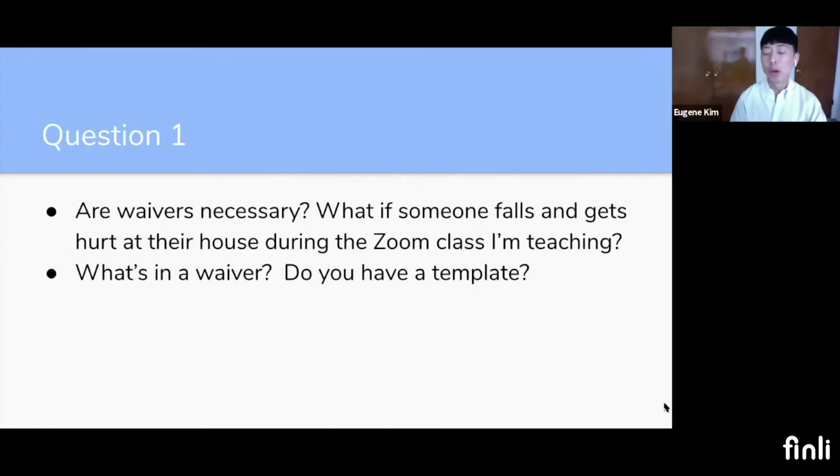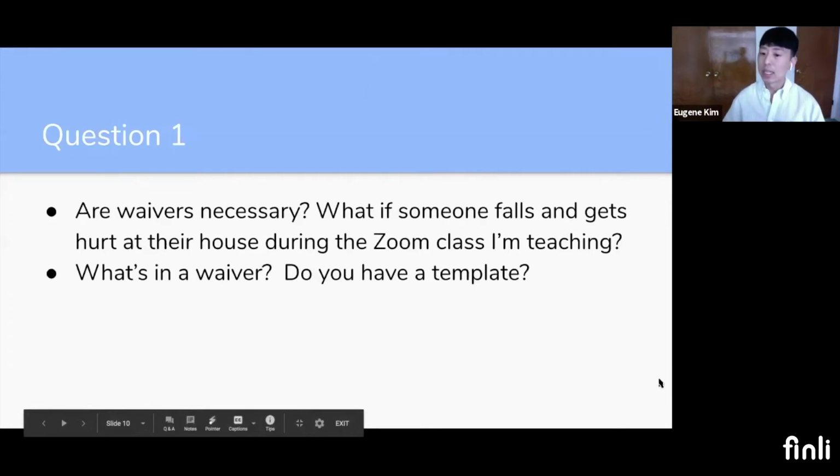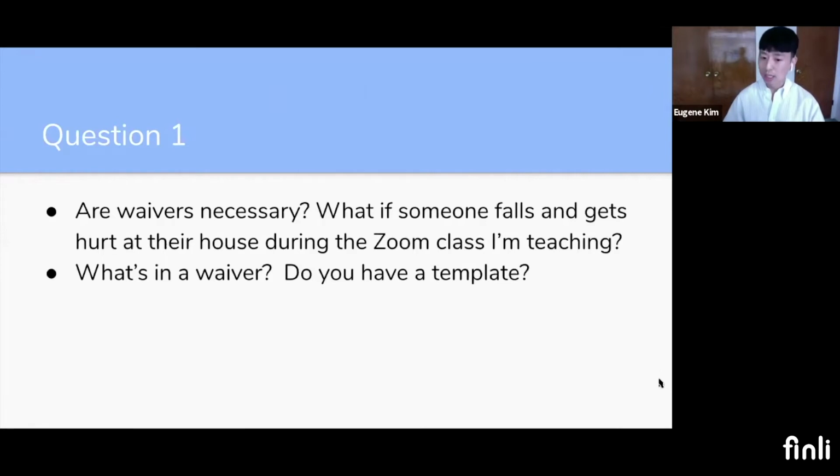Yeah, so waivers are necessary. They're part of the legal shield. They're part of what I said earlier, a legal agreement. They are a first line of defense. And I say first line because there's multiple defenses you need to have as a business owner. But this is the most basic and easiest, low-hanging fruit defense you can have to protect your business in the event there is a personal injury, a slip and fall, an accident that happens as you engage in an online course. They can be electronic, they can be sent by email, they can be sent by DocuSign, they